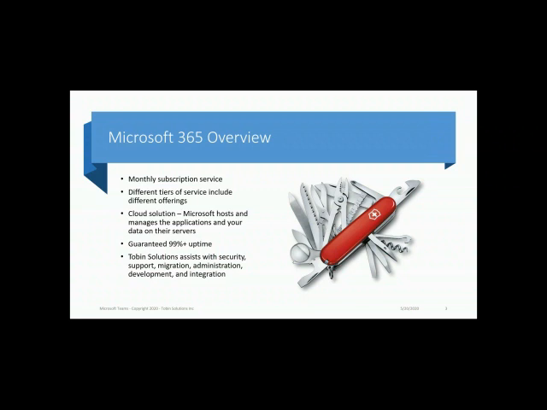This might be the third or fourth rebranding Microsoft has been doing around their cloud-based applications. And I think it used to be called BPOS, Business Productivity Online Suite. But now we're up to Microsoft 365, which I think is a great name. And that is Microsoft's monthly subscription service. They have different tiers of service that have different offerings and different technologies you can get from Microsoft. And as a cloud service, Microsoft is hosting and managing the applications on their servers, your data on their servers. They've got a 99% plus uptime guarantee,